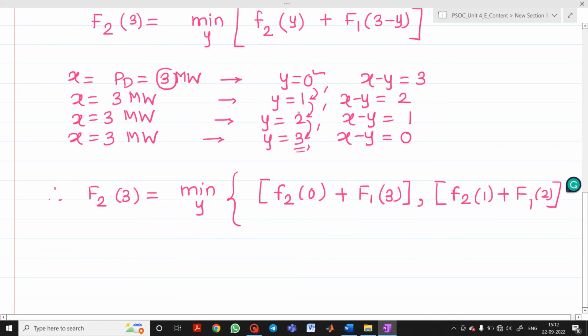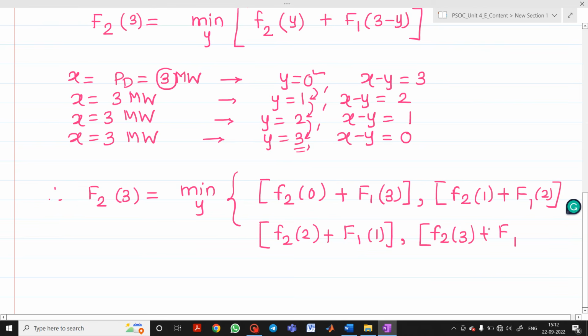Now what is the value of y? Put here y equal to 2. So what you will get? It will be F2 of 2 plus capital F1 x minus y. What x minus y comes out to be? It will be 1. So x minus y is 1. So it will be 1 comma small f2 of, now take this as a 3 plus capital F1 of 0. So what we have to do? We have to find out the answer for this, and whatever will be the minimum value, consider that minimum value,